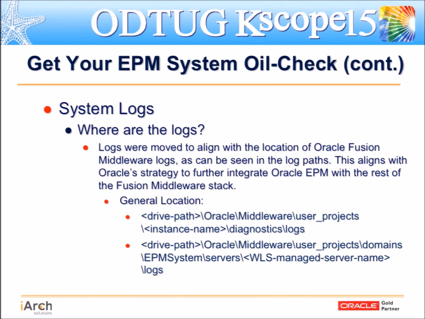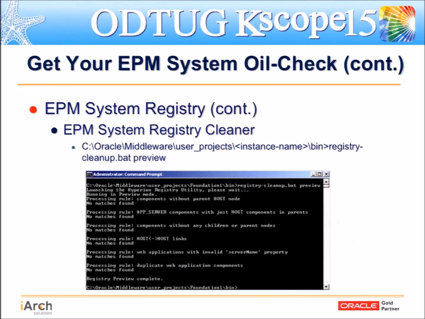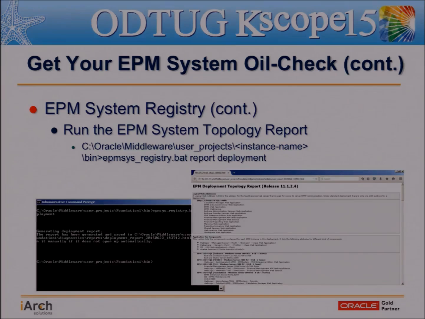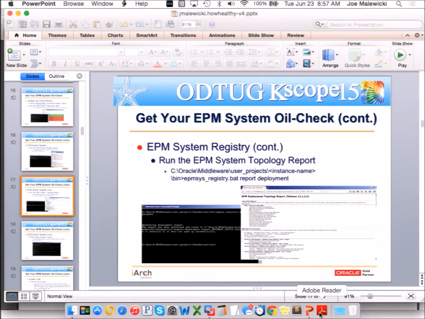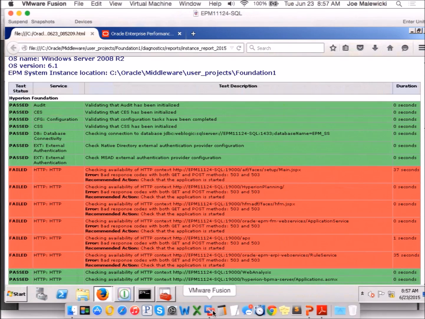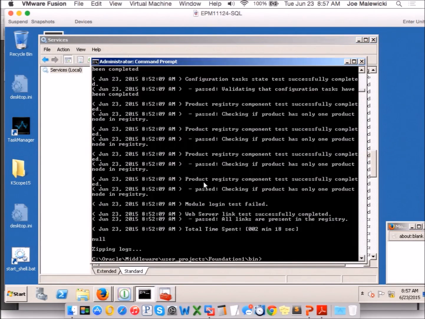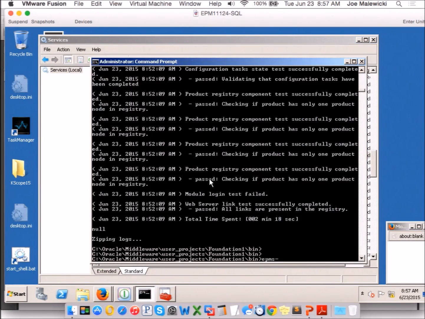System log is quick. Oh, wait, one thing. I do want to show you this one. There's one utility which people don't realize is out there. It's called the EPM Topology Report. This has been around for a couple of versions now. I will just run it and show you. What this utility is fantastic for, and again, these are out of the box. I didn't write these. You're not paying me to use these things. They're built in with your system. This utility will allow you to dump out, I don't want to say an easy to read file,